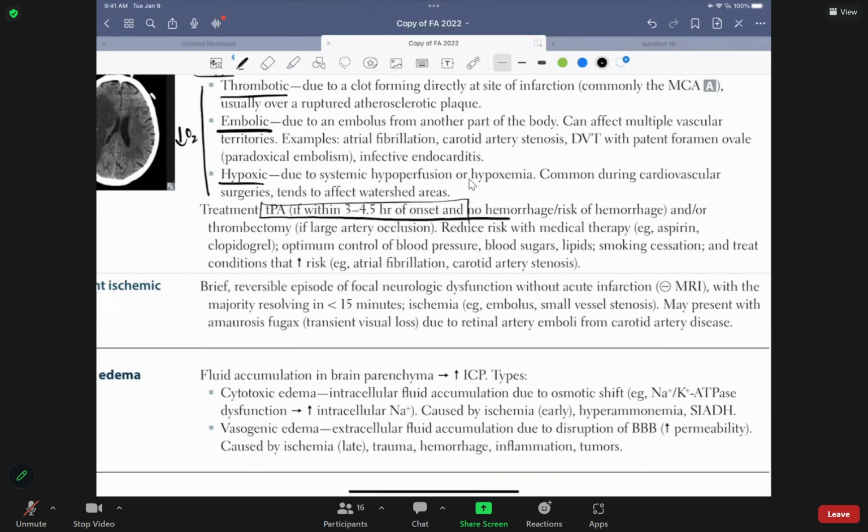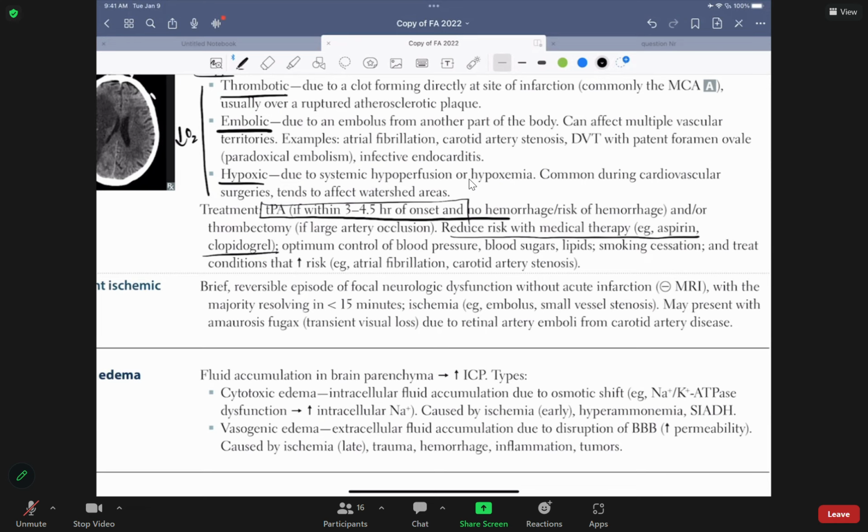Okay. So now you see, reduce the risk with medical therapy such as aspirin and clopidogrel. You know, what does aspirin and clopidogrel do? It's a platelet aggregation inhibitor, isn't it, folks? So now keep in mind, giving aspirin is for the future. If they have not developed a clot, it will inhibit the formation. If they already have a clot, it doesn't. So one of the reasons maybe they gave it to your father is because they took a CT and it was negative, so they gave aspirin just in case, but then he still developed it because the aspirin was not strong enough to prevent his clot. Is that clear, folks?